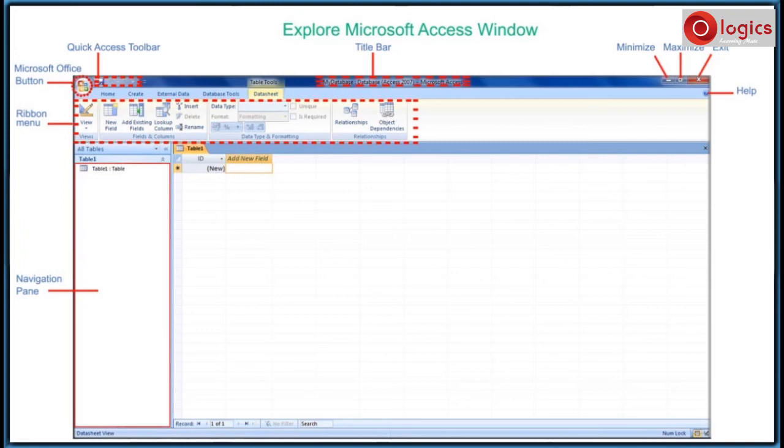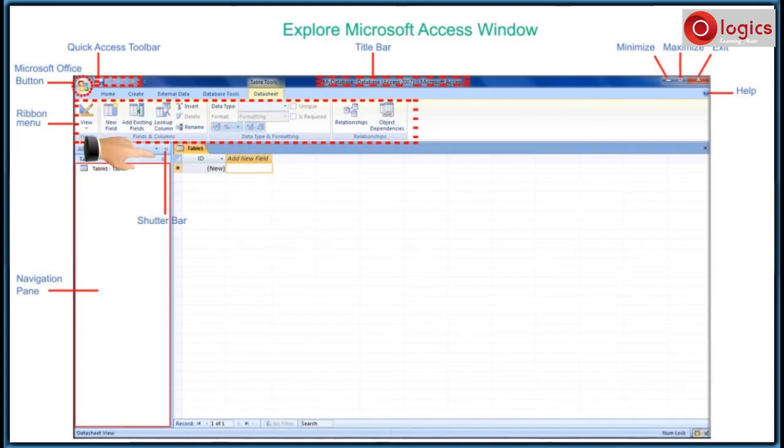This is the datasheet view. This enables you to display the selected item in navigation pane. This is the shutter bar and is used to close or open navigation pane.